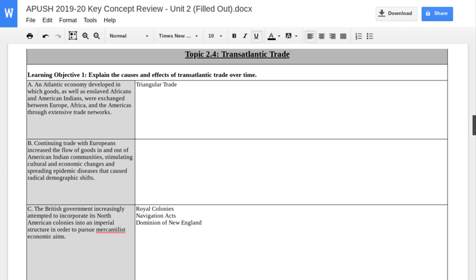Now, also keep in mind these three things under C are ways to kind of help their mercantilist goals with what they're trying to do. So you need to kind of tie it into an economic thing as well. And that doesn't require a lot of information on your part. It's more the explanation aspect of it. If you can figure out what it is, you should be able to draw a connection. And that's always the key word, back to the main point. So that was short, sweet, to the point, but that's 2.4.